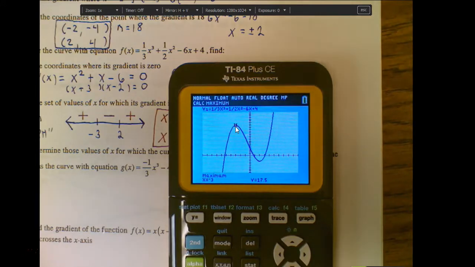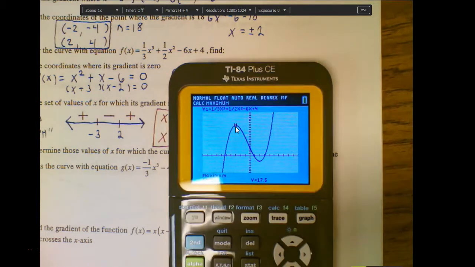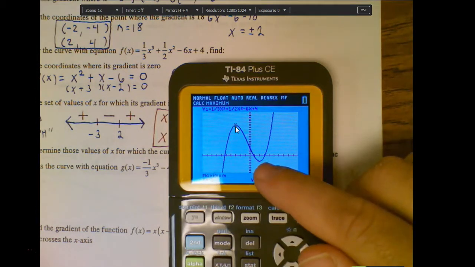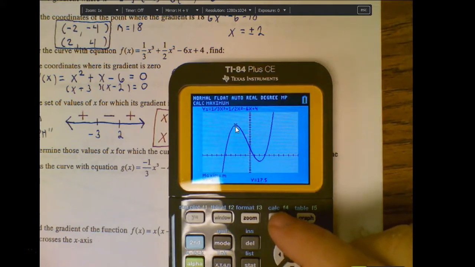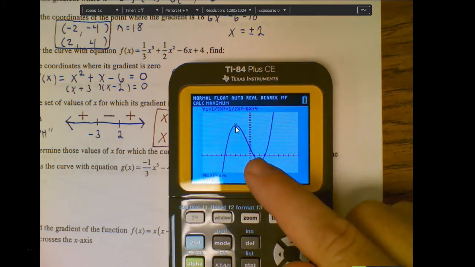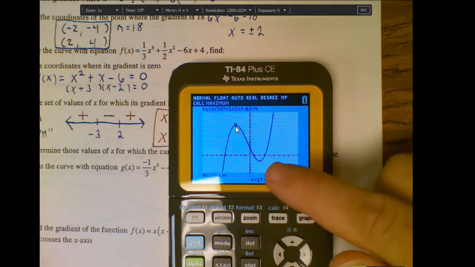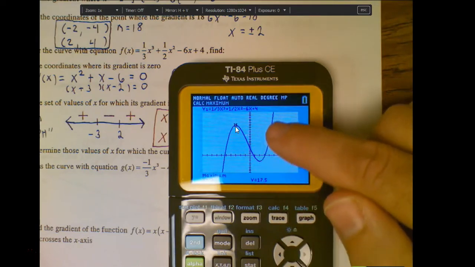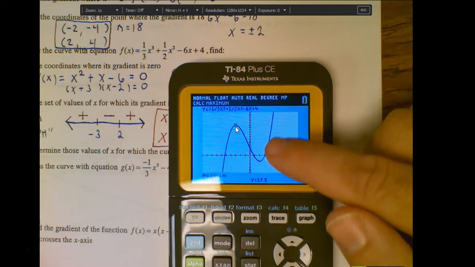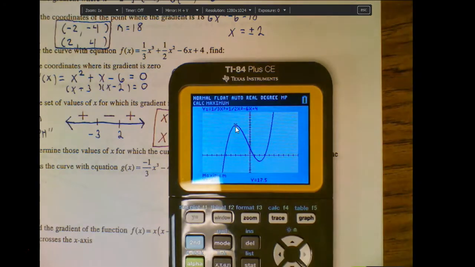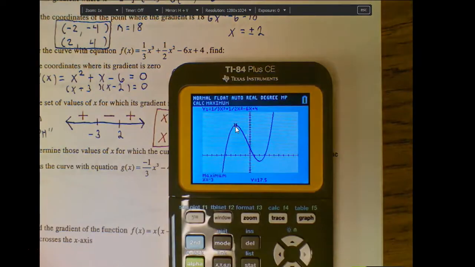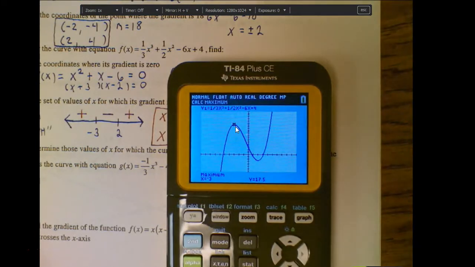So just based on that knowledge, I can see from the graph that I'm looking at that everything to the left, or everything that is less than -3, has a positive slope. I could do the same process again over here with the minimum feature to identify that this is 2. And then I could say, well, then everything that's greater than 2 has a positive slope. And so that's another thing that we can do. Not to mention, this is a great way, sorry, I'm trying to block that glare. This is also a great way of identifying